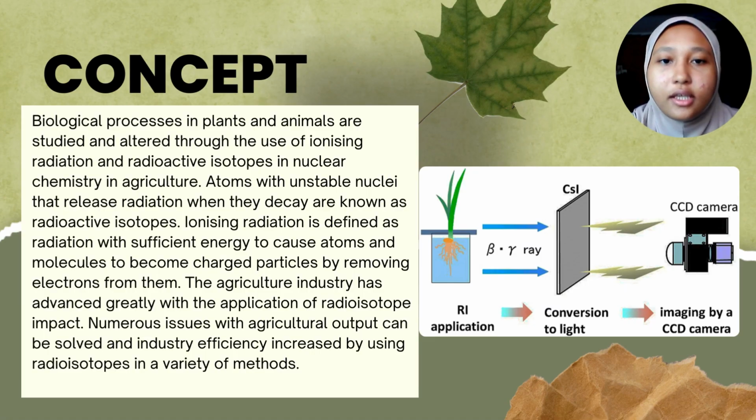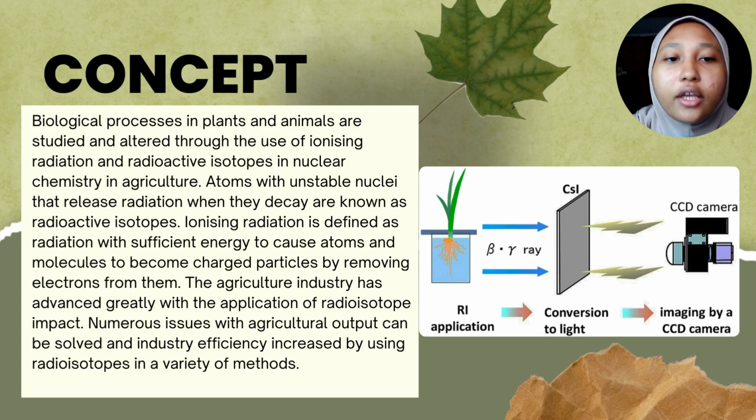Next is the concept. Biological processes in plants and animals are studied and altered through the use of ionizing radiation and radioactive isotopes in nuclear chemistry in agriculture. Atoms with unstable nuclei that release radiation when they decay are known as radioactive isotopes. Ionizing radiation is defined as radiation with sufficient energy to cause atoms and molecules to become charged particles by removing